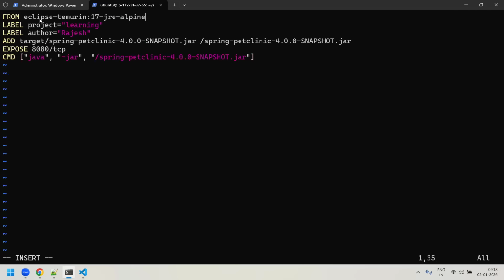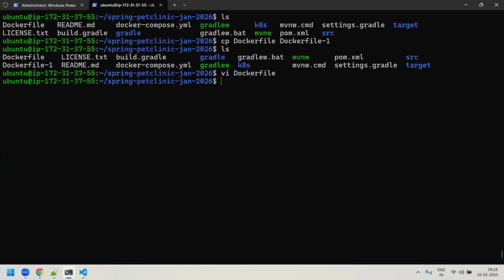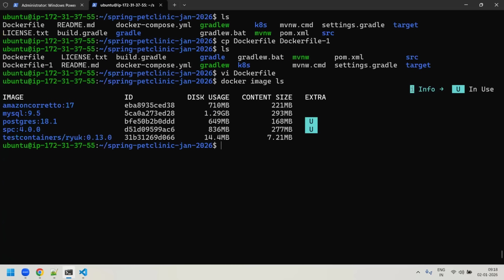Okay, so you're using Eclipse Temurin colon 17 hyphen JRE Alpine, you're using it actually, right? So now let me use this. Let us see how it works actually. So when I try to do docker image ls, I have this Spring Petclinic 4.0.0. Fine, very good. Now I'm going to build an image. So for this new one, I'll just do a docker image build